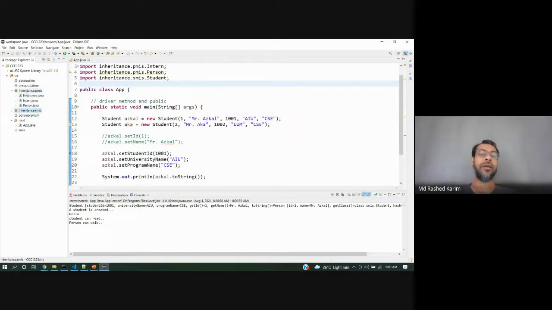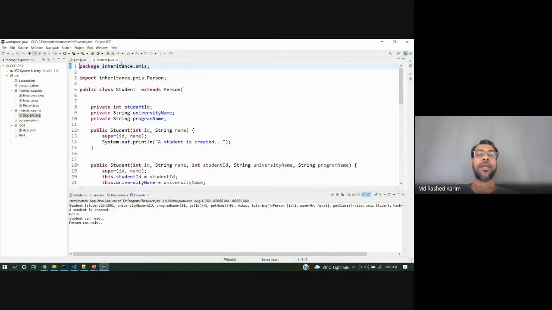It should be fine if it is shown inside this inheritance, like the folder structure. It seems like everything is okay. The inheritance dot PMIS, then intern. If you open this inheritance dot SMIS, like the student class, then even inheritance dot SMIS.